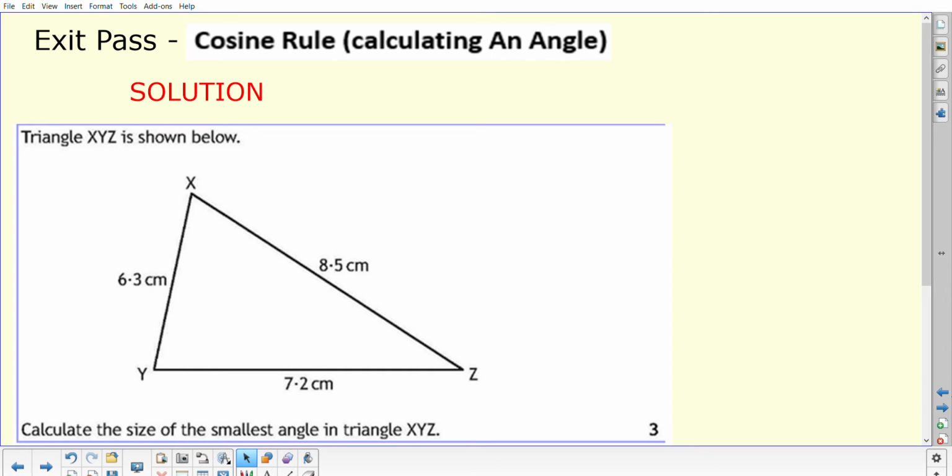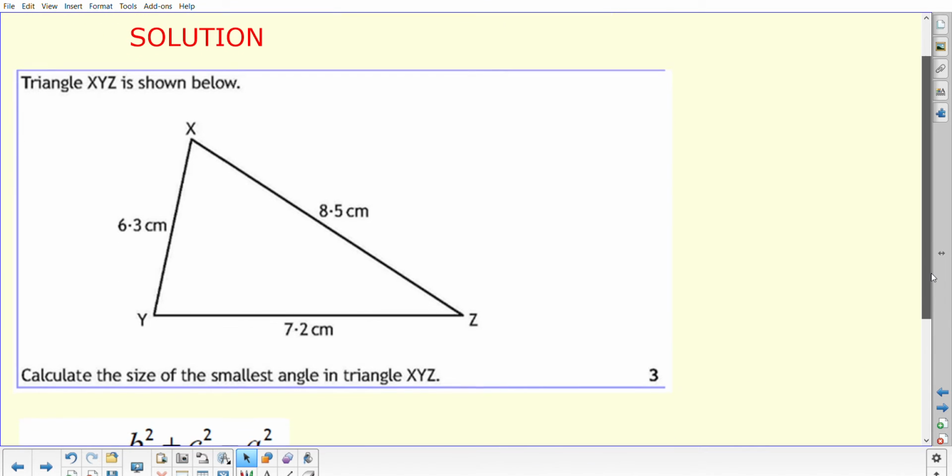So in this exit pass question, you were given a triangle, and you can see the information you've been given about that triangle is you've got all three sides, and you're asked to calculate the size of the smallest angle in a triangle. Now, what we know about the connections between angles and sides is that the largest angle in